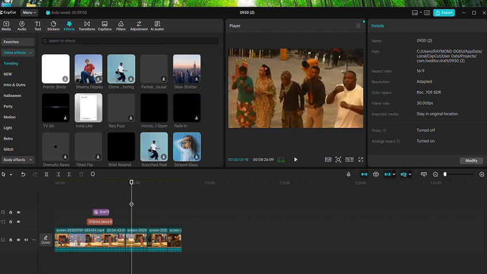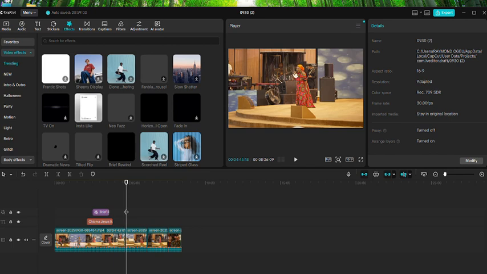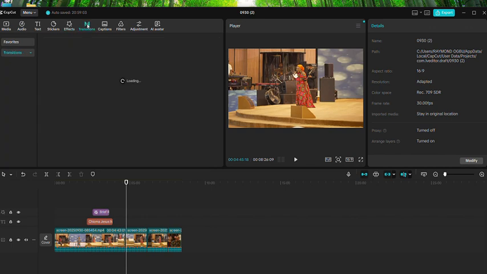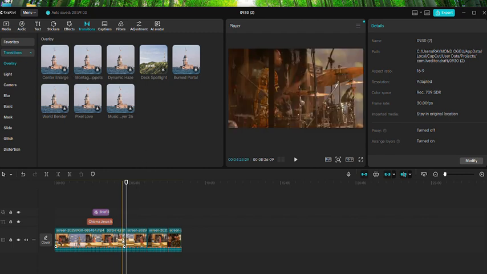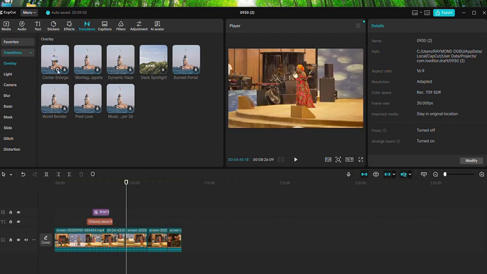So you can add an effect, and then maybe you are editing a normal video where you did some cutting and the cutting was not very smooth. I want to put transitions so that the abrupt cut will not be noticeable. So you can come to transition, and make use of different transition options and put them there. For instance, if I come to this dynamic case as a transition, and I bring it in,